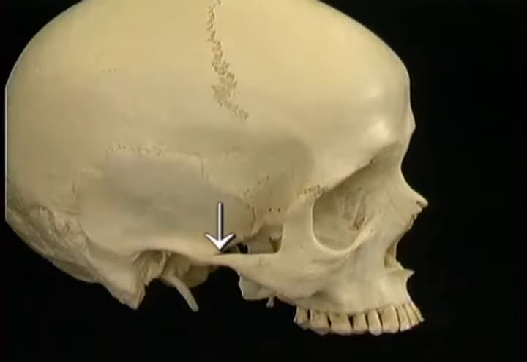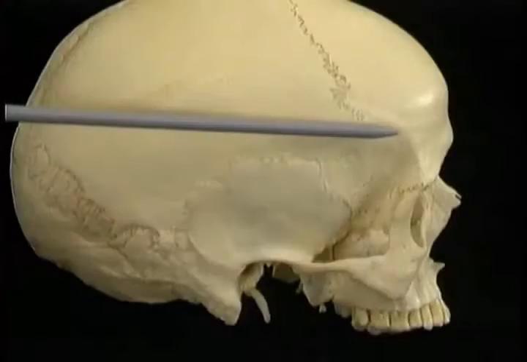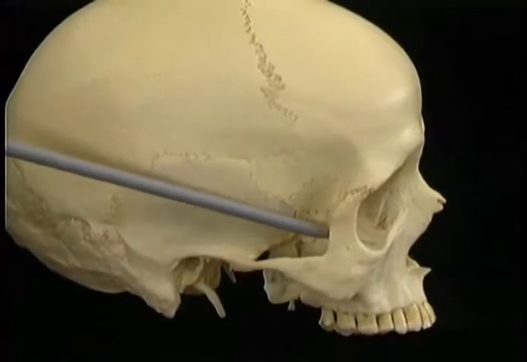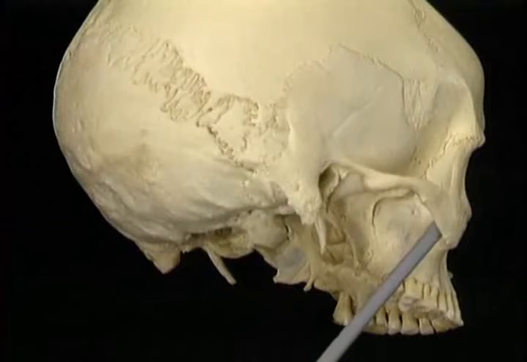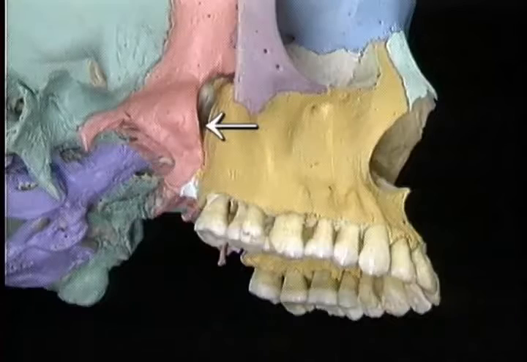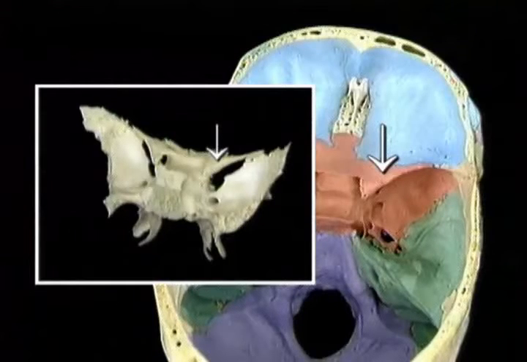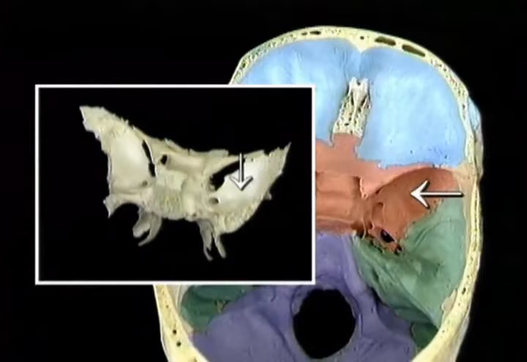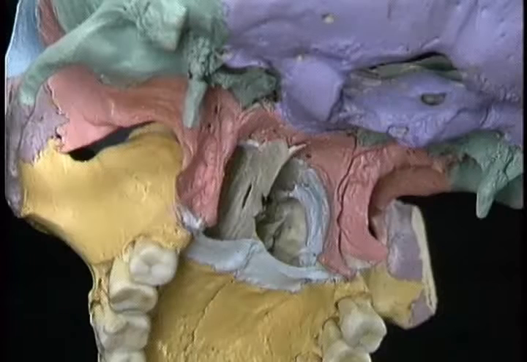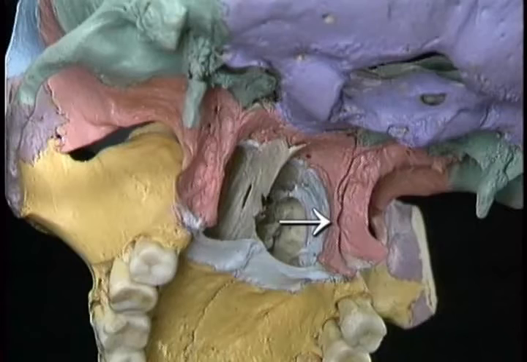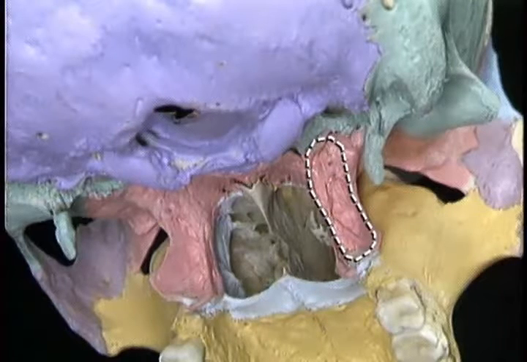Here's the zygomatic arch, the temporal line, the temporal fossa, and the infratemporal fossa. Here's the pterygomaxillary fissure and the inferior orbital fissure. On the sphenoid bone, here's the lesser wing, the greater wing, and the pterygoid plates, medial and lateral. Here's the pterygoid fossa,